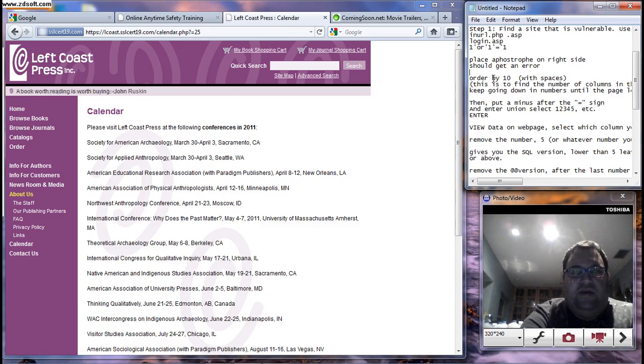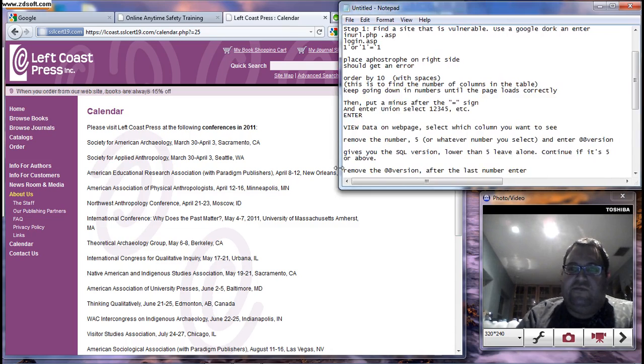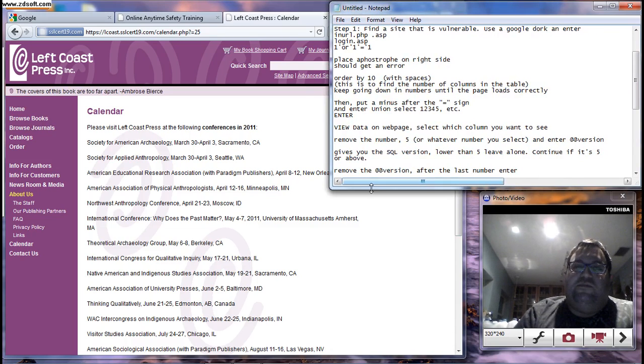You'll have that information. So once you see that the error message goes away and you're actually back in the website, you've established the number of tables on that site. All right, let's go back to my little notepad just to get more information here. We've already established that once you establish that the website is hackable, all you have to do is go ahead and enter the order by statement, but then this will